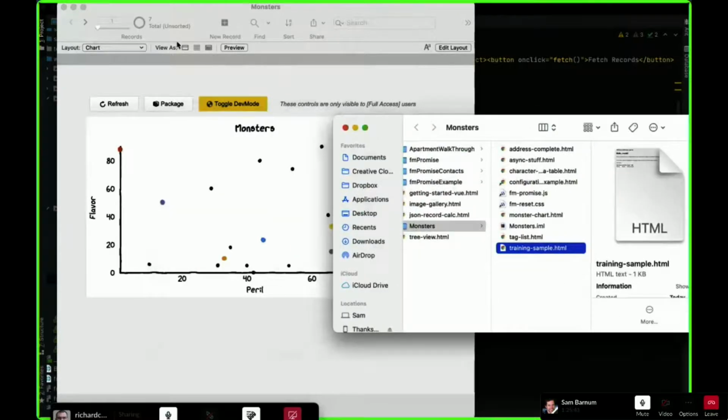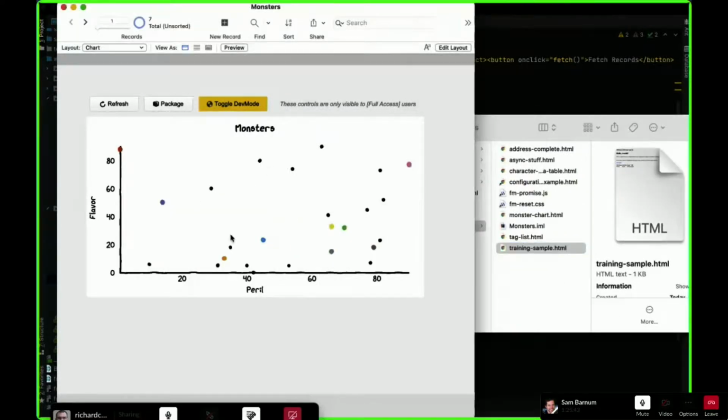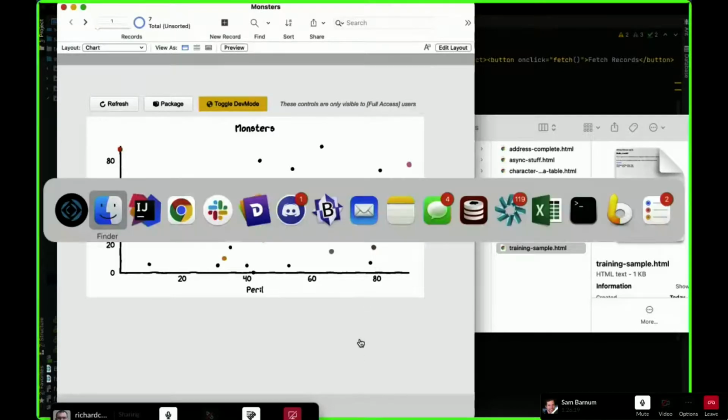And I know everyone loves XKCD, so there's a library that'll let you chart things using XKCD style libraries. Is that this kind of goofy crayon style? Is that what you said? What kind of style is that? I've never heard of that. What is that? XKCD is a web comic that's great, and there's I guess a D3 library that will render stuff in that style. Okay. So here we've got the hellhound rates a 74 on the peril and a 54 on the flavor. We've got black pudding, which is very tasty and pretty safe. We've got a white. So, wow.